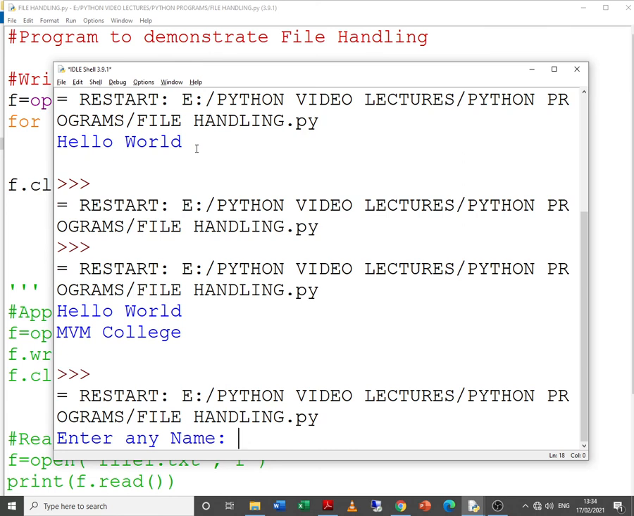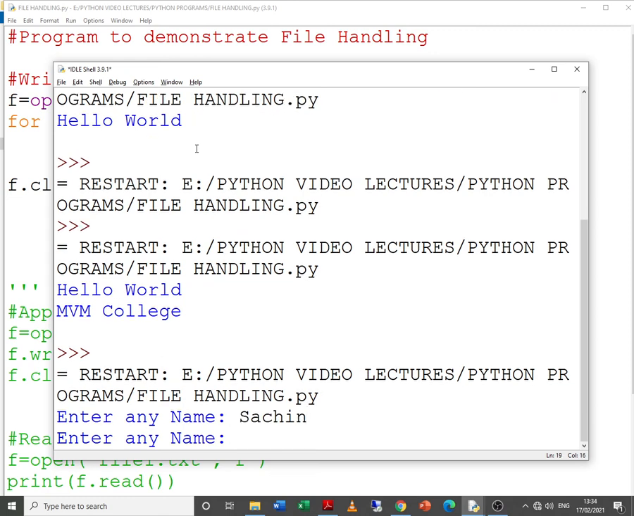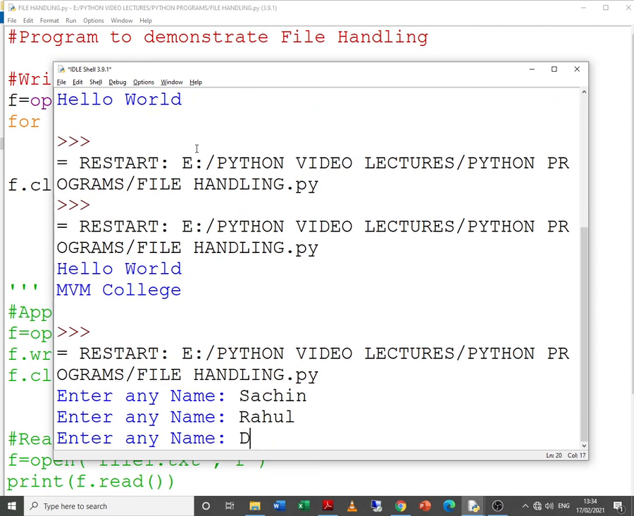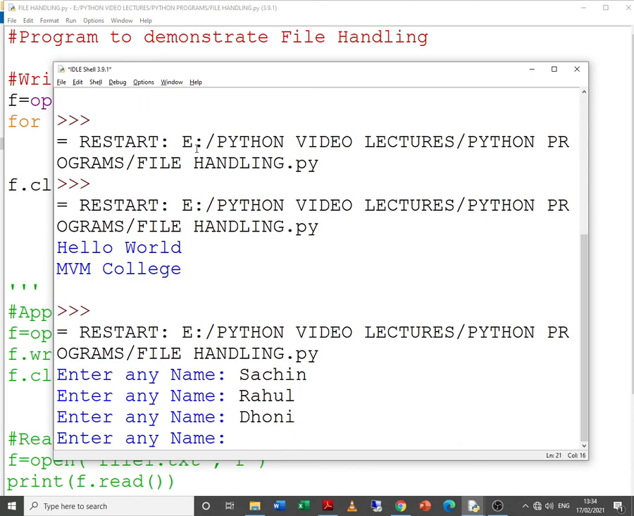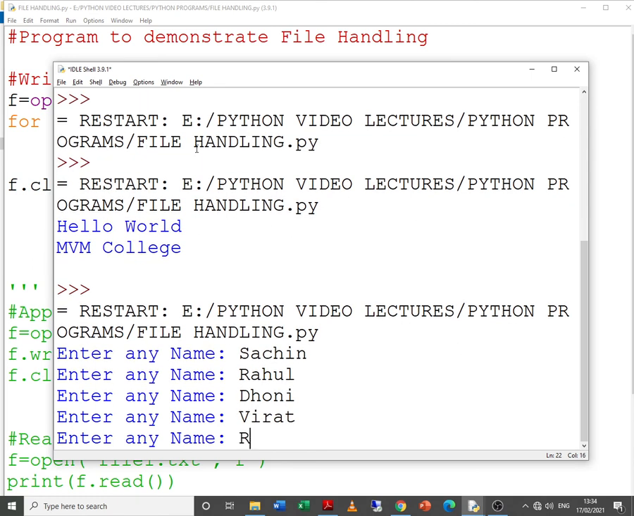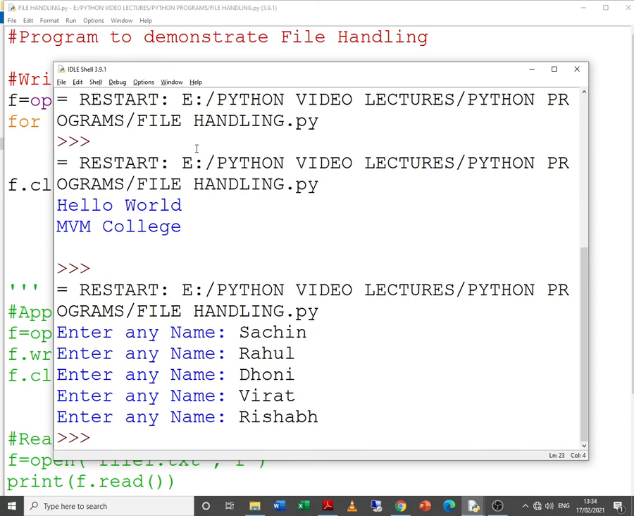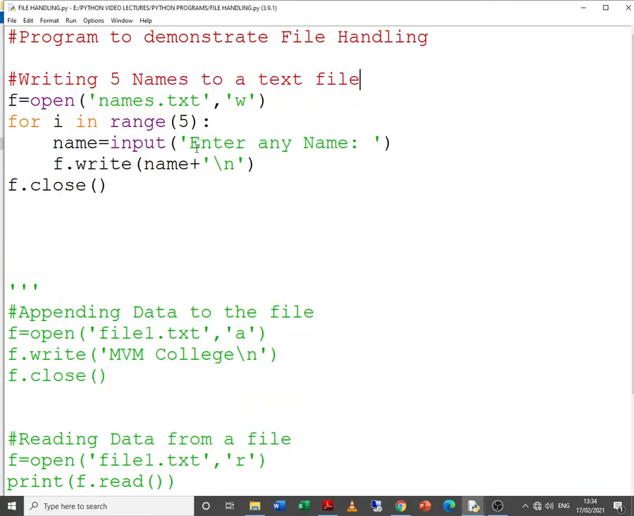It asks for the names. Let us try to type in the names: Sachin, Rahul, Dhoni, Virat. 5 names are there, and again, because we have not put up any message, it won't print any message, but